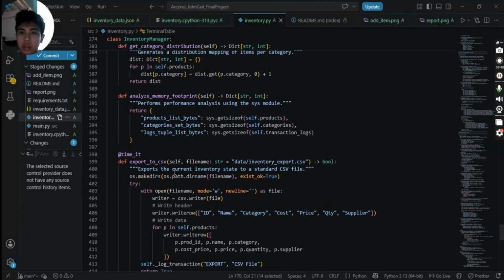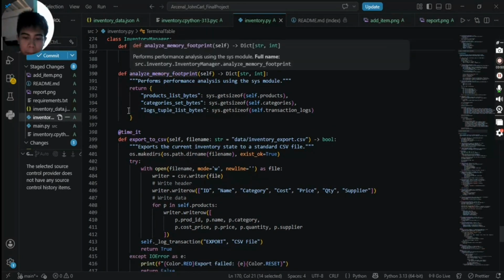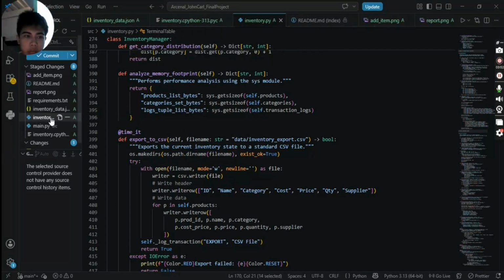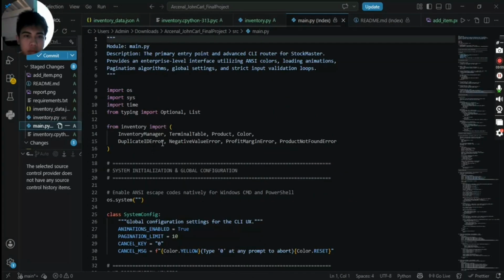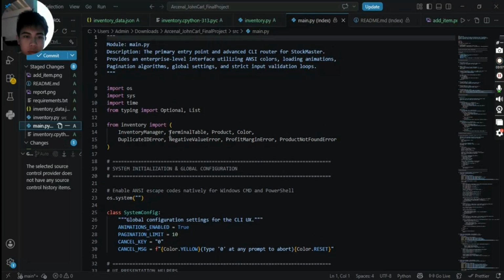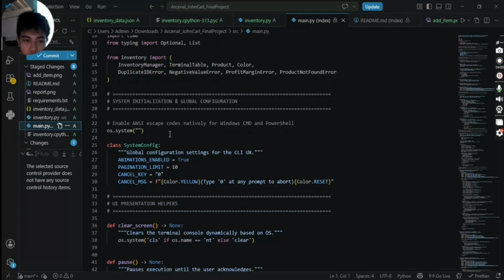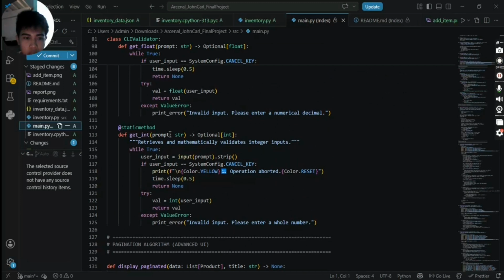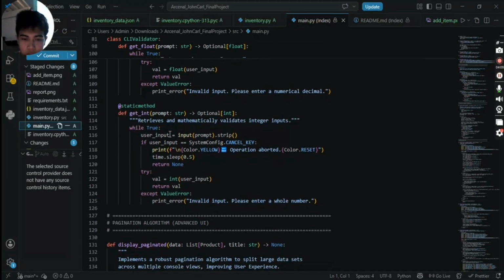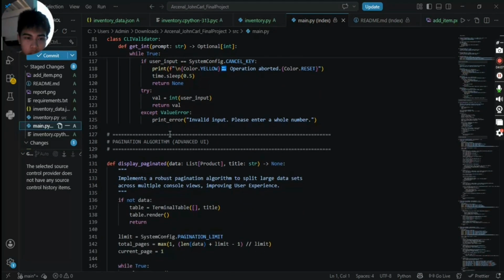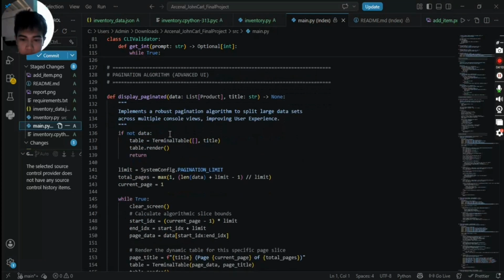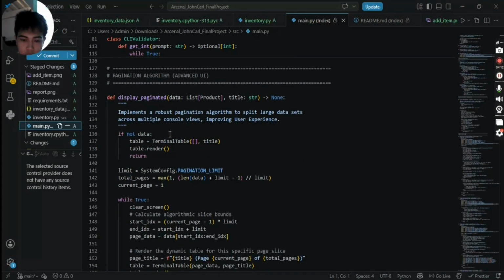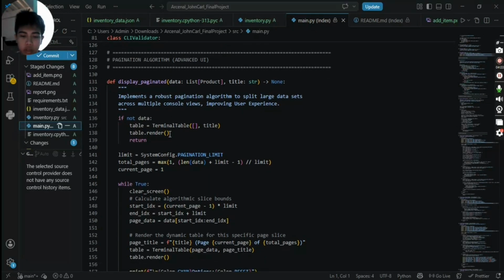So let's look at the source main.py. On line 133, if we look at it, I used advanced mathematical logic for my pagination algorithm using floor division.